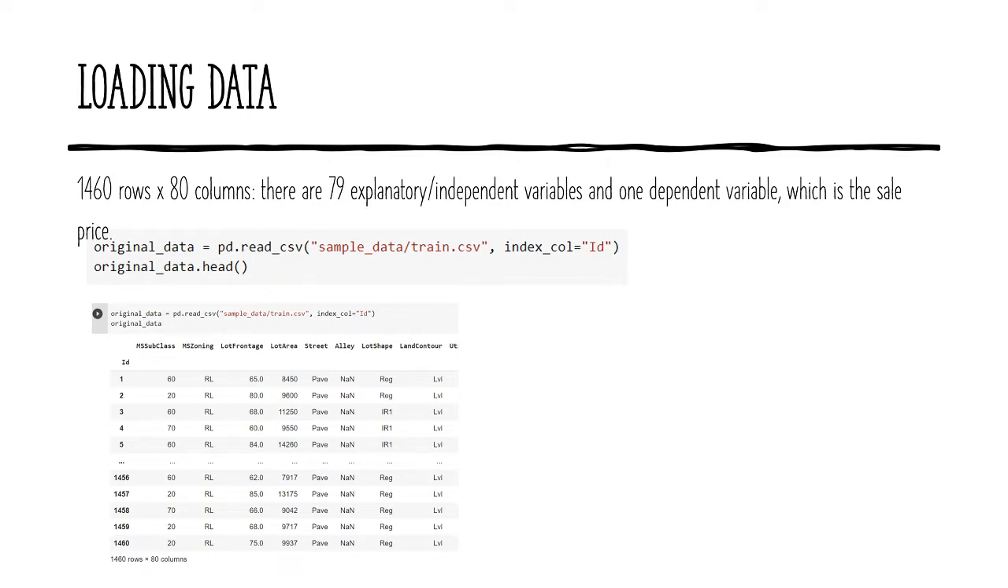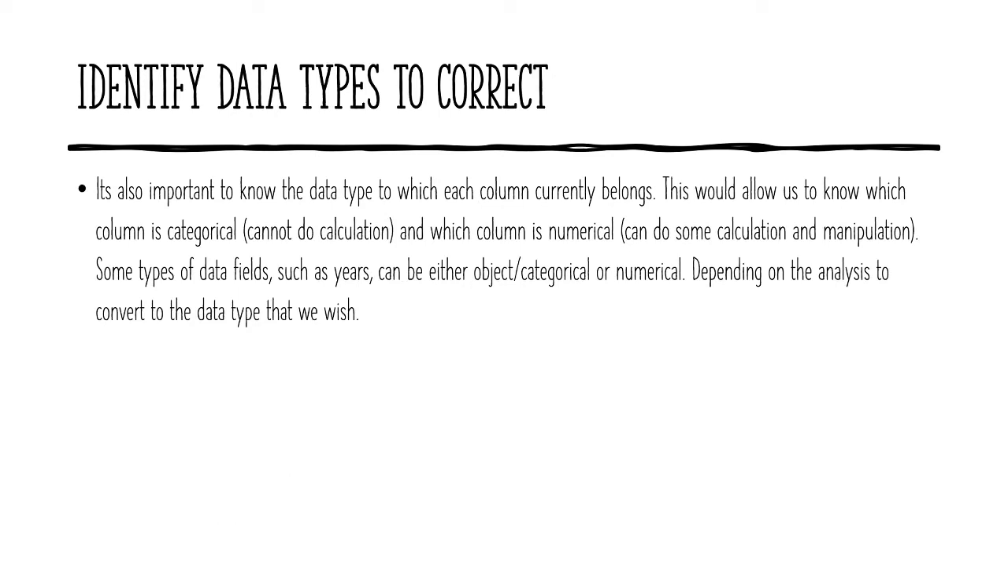And as you can see, our data set has 1,460 rows and 80 columns. Within the 80 columns, there are 79 explanatory or independent variables and one dependent variable, which is the sale price. So when looking at the data, we also try to understand different aspects of the data. The first thing is to identify